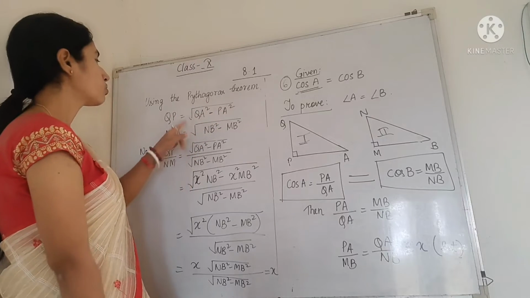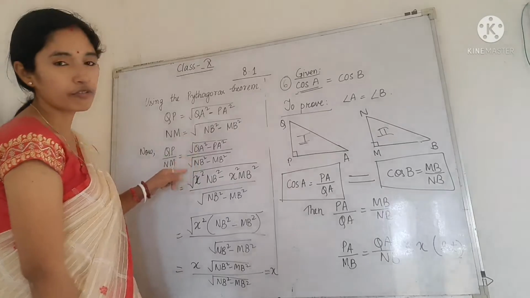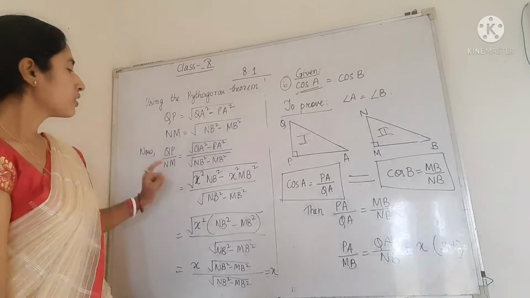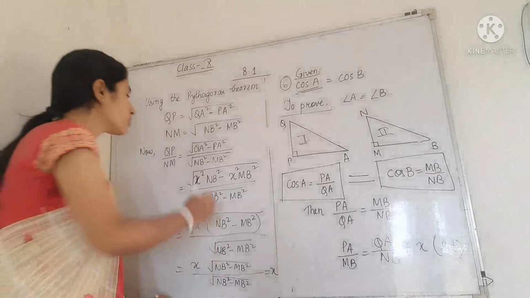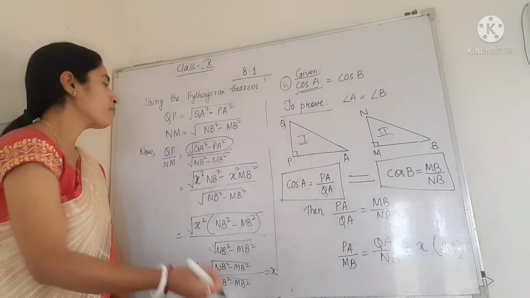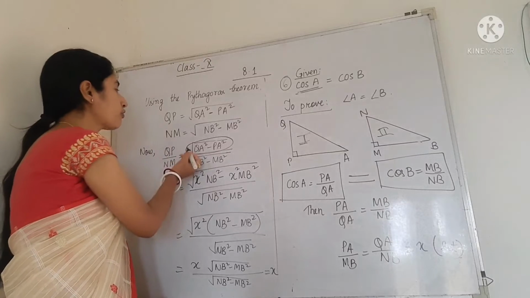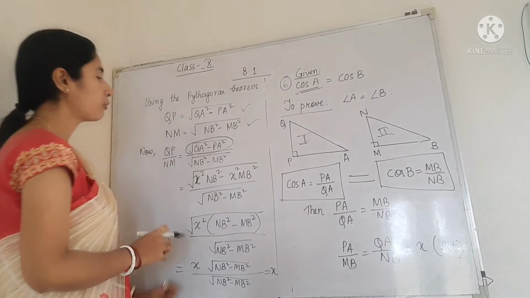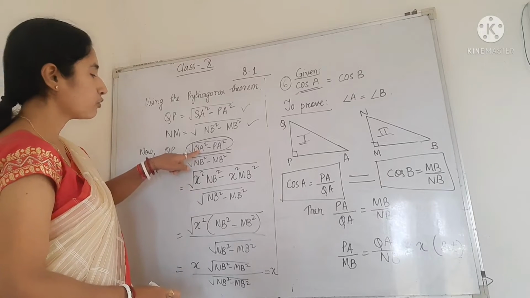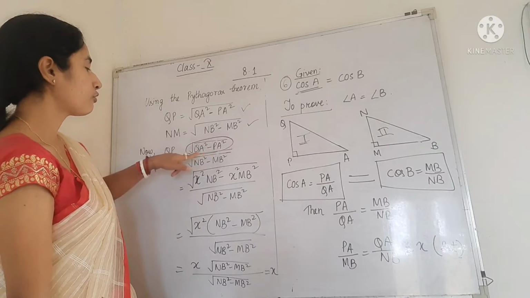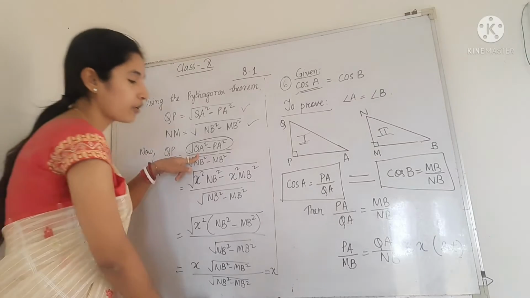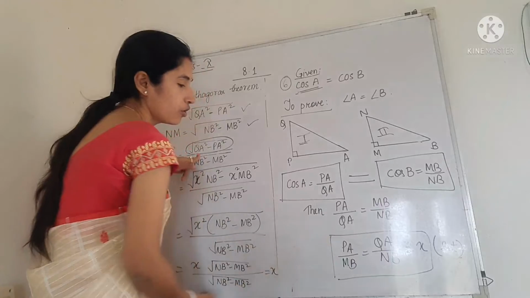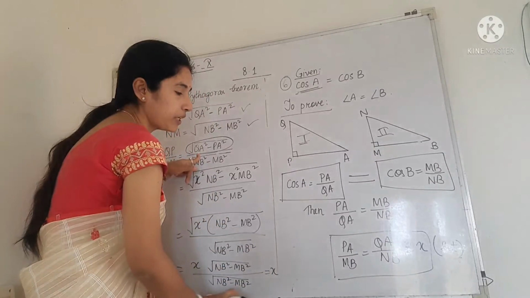Okay, so these two equations we have to solve further. We have to simplify. So see, next we have to divide. Now next step is just you have to change the numerator. Okay, so see, in place of QP and NM we have put the respective values, and after putting we have to write QA and PA. So QA we have to write from here. You can see this ratio already we have got this ratio. So from here only we can write PA and QA.